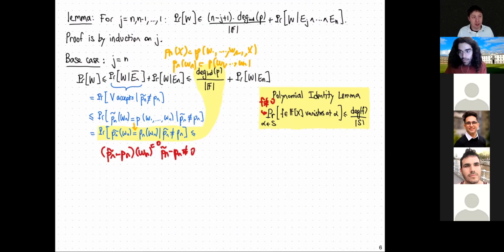So I'm going extra slow because, you know, it's not too deep what I'm saying, but these are properties that we'll be glossing over many other times. Sorry, go ahead. How do you know that the degree of Pn tilde is not larger than the degree of P? Because if the prover sends a camel, then we reject. In other words, we expect a polynomial of a certain degree, and if